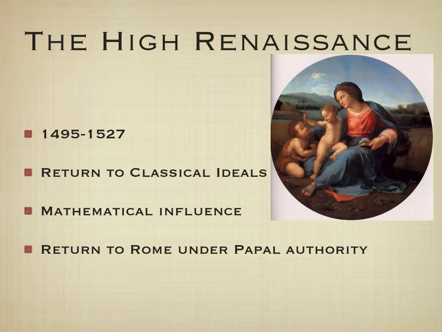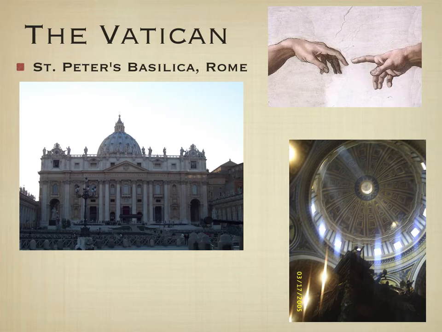This is also the time period of some of the great artists of the time. We have Leonardo da Vinci, 1452 to 1519, Michelangelo, 1465 to 1564, and then again Raphael, 1483 to 1520. Now, this shift from Florence to Rome was largely due to the popes and their support of the arts within the Vatican. We're going to see this attempted increase in church-sponsored art on a grand scale. Why? They're trying to bring people closer to God and back into the church themselves.